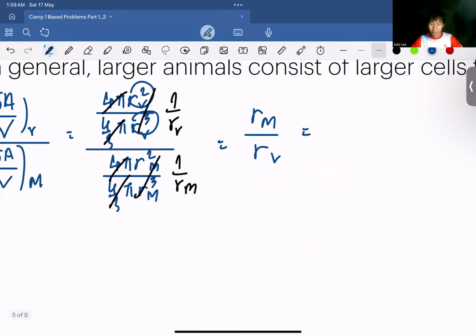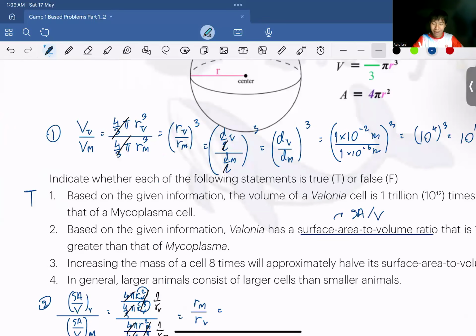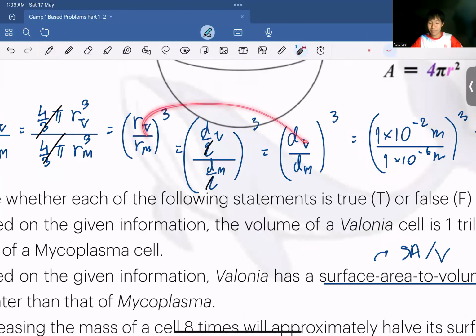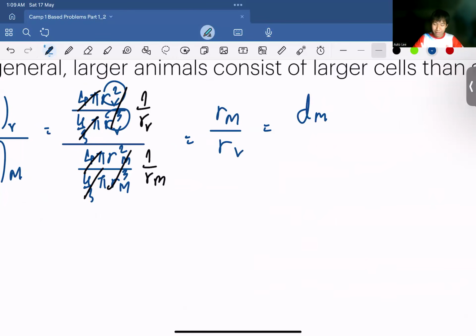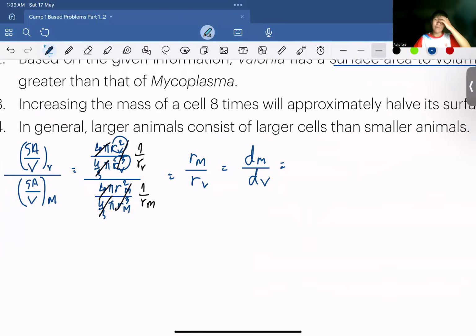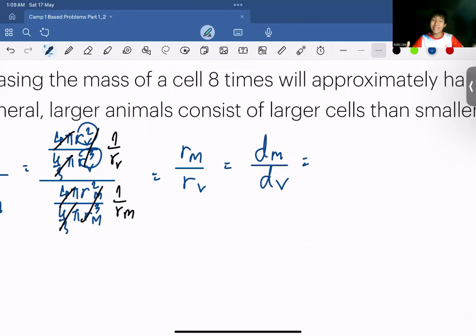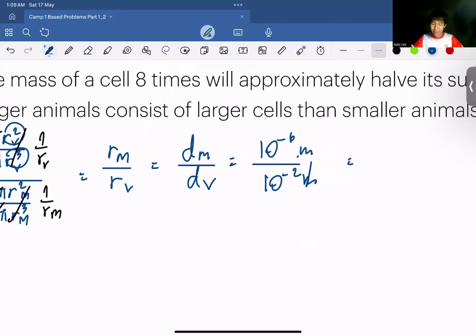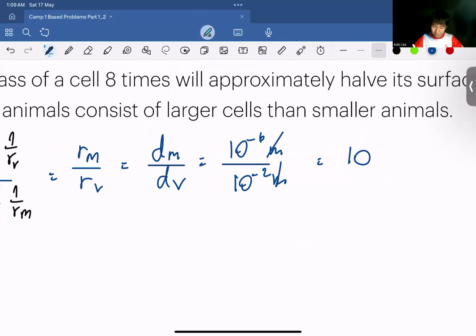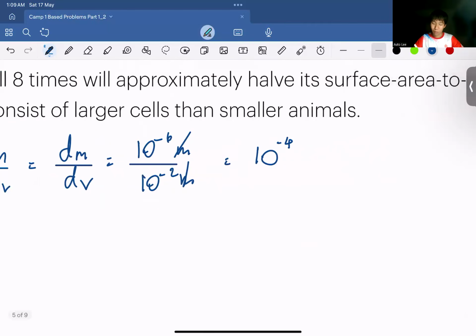Now we remember from before that R and D have a direct proportion, a direct correlation. So this is basically equivalent to dm over dv. Now, if we want to find the answer, we just plug in the values. For Mycoplasma, it's 1 micron, right? So this in meters, Valonia is 1 centimeter, it's this. Now we would get 10 to the power of -4, which is